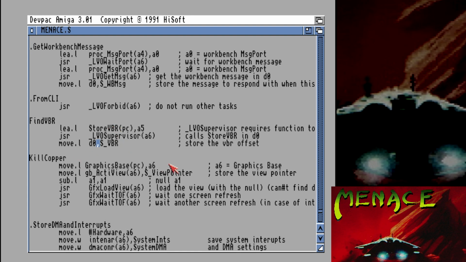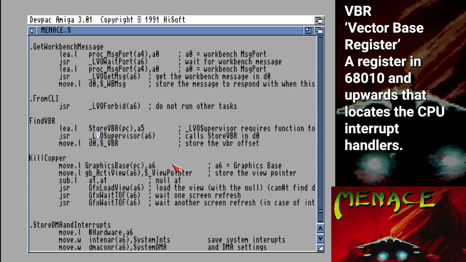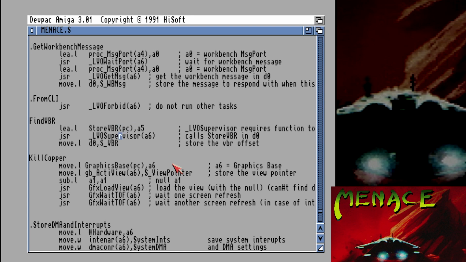This part here, find VBR. This is something that wouldn't have made any difference to Menace at the time, but as soon as the 68010 and later processors came out, they can move the vector base register address, which is always 0 on the 68000, but can be moved on later ones. So you have to look up where this vector base register is and store it. And the funny thing is you can't actually just look at it. You have to call this